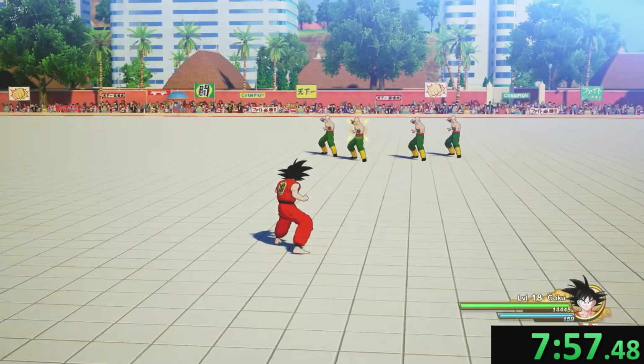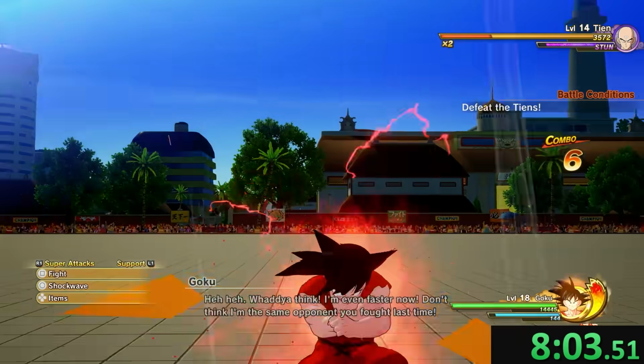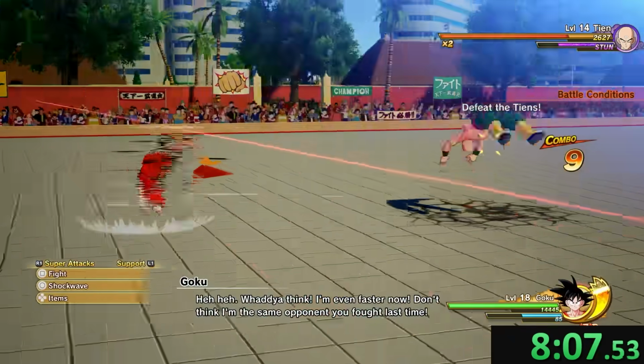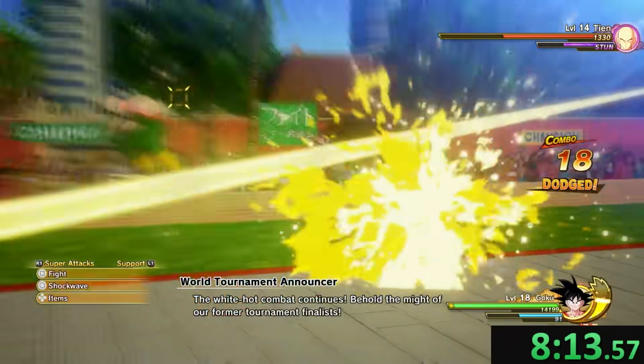It's Goku versus 4 Tiens, and I start with an uppercut that hits 3 of them. I key charge, going immediately for the surge, and sometimes you are able to catch multiple Tiens in the same combo while your surge is active. If you do that, that is optimal. But even if you don't, by just keeping one Tien up in the air, you're gonna deny the Tien surge